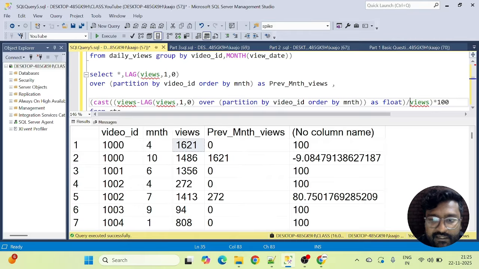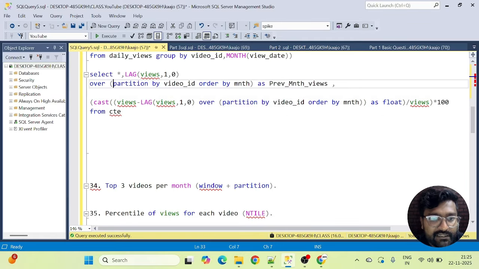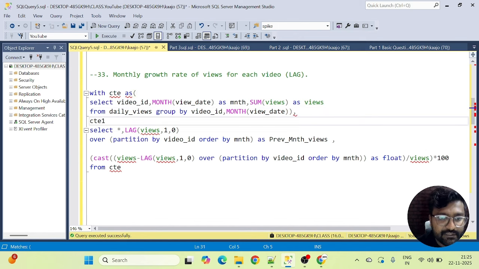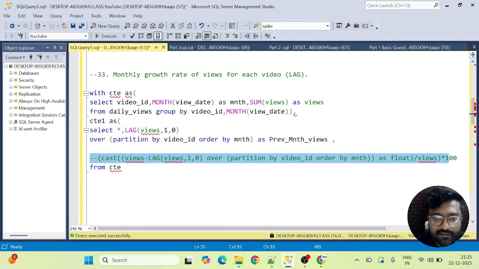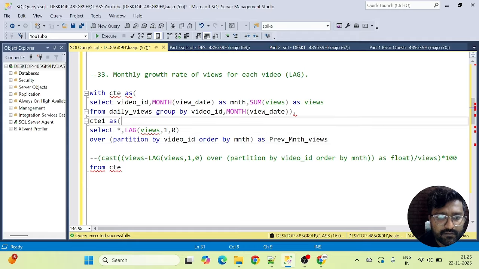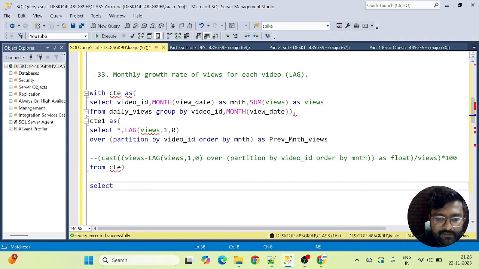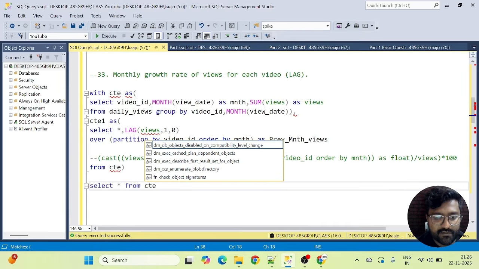So either I can directly put this whole thing, the LAG, here, or better, let's take one more CTE now. I was initially trying to avoid another CTE, but since I see that we have to copy this big LAG function, I'm thinking to go with another CTE here. Let's add a comma, CTE1 as, and for now we can comment this out. Okay, no issues. And just close the bracket here, and let's go with select star from CTE1, and now we will do our monthly calculation, no problems.